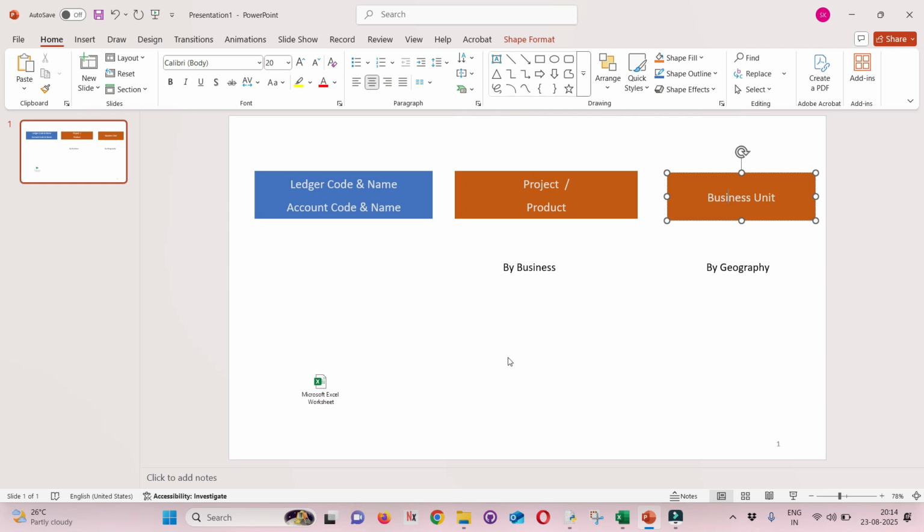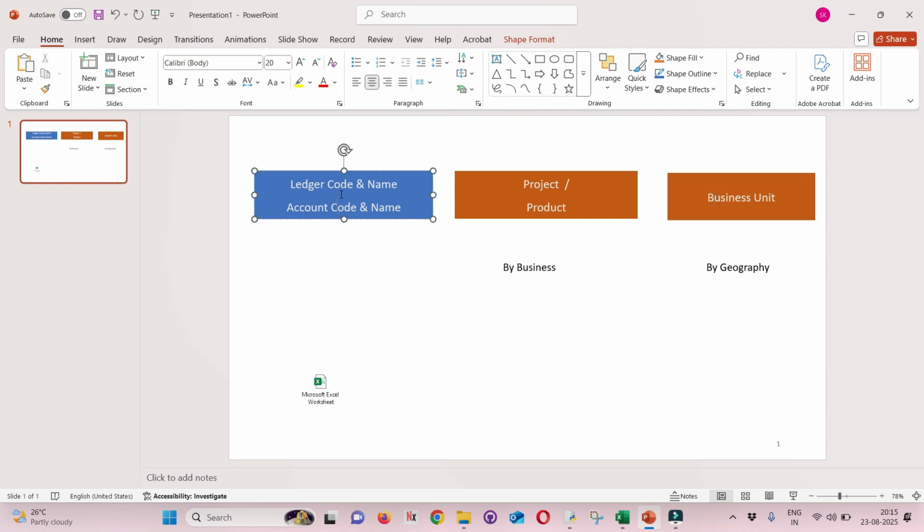While implementing the AAS, you will create entity chart of accounts which will give you the ledger code as well as ledger name, and you can add new ledger codes from time to time. Similarly, while implementing, your organization would be split by business. Assume you have project 1, project 2, project 3, all these would be entered in the master data. Similarly, if your organization is located in multiple places or multiple offices, every physical location is a business